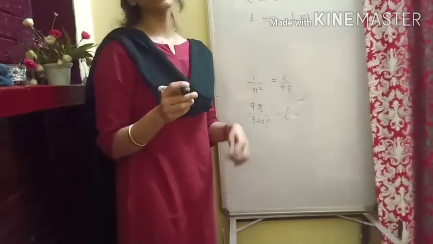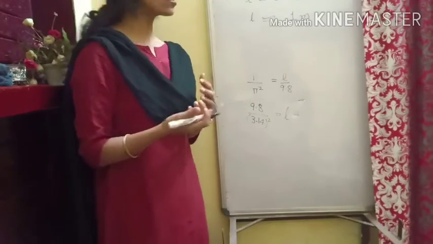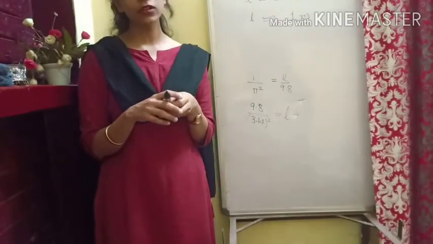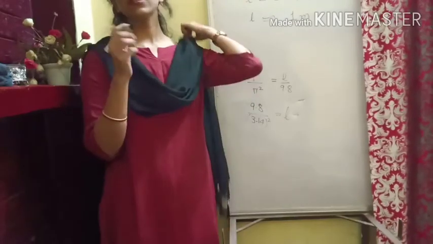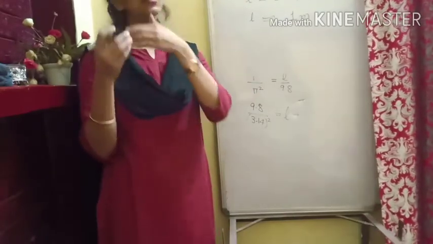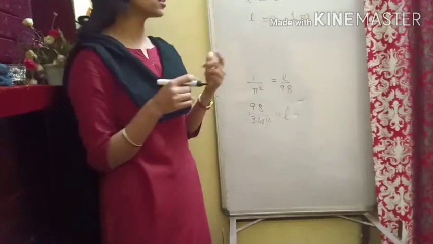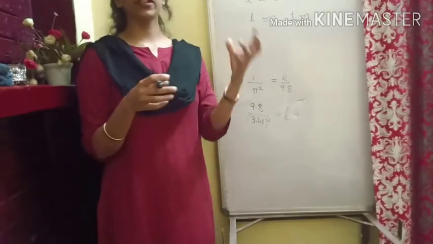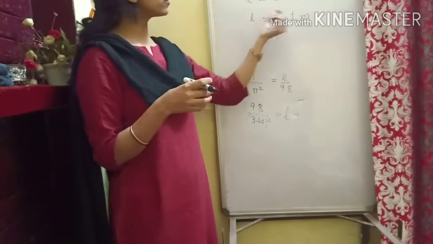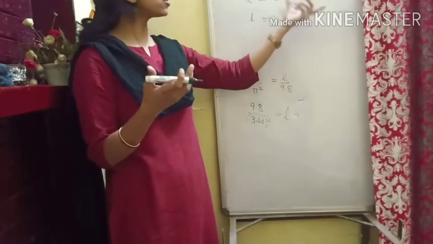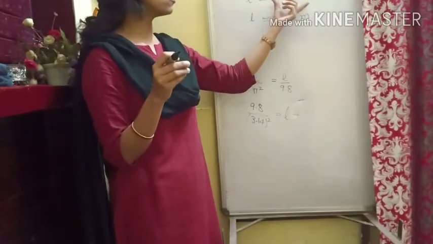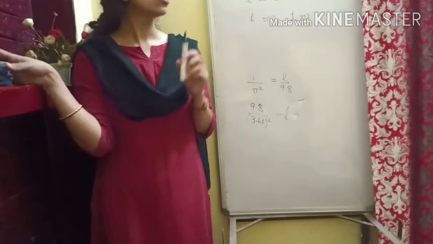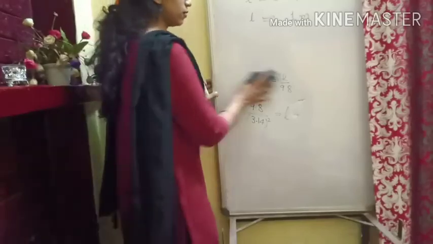This is a question that will be asked many times: what is the effective length of a second pendulum? Sometimes it may come as an optional question or a 1 mark question asking the approximate length or effective length of a second pendulum. It will be approximately equal to 1 meter, or in proper numerical value you can write 0.994 meter. So this is our one question.